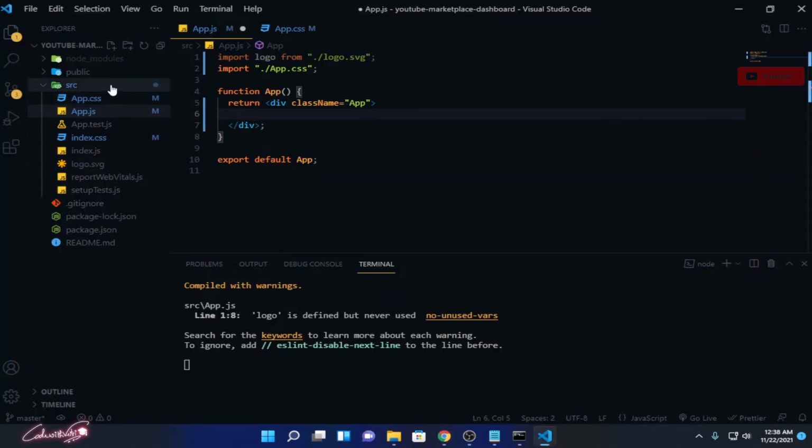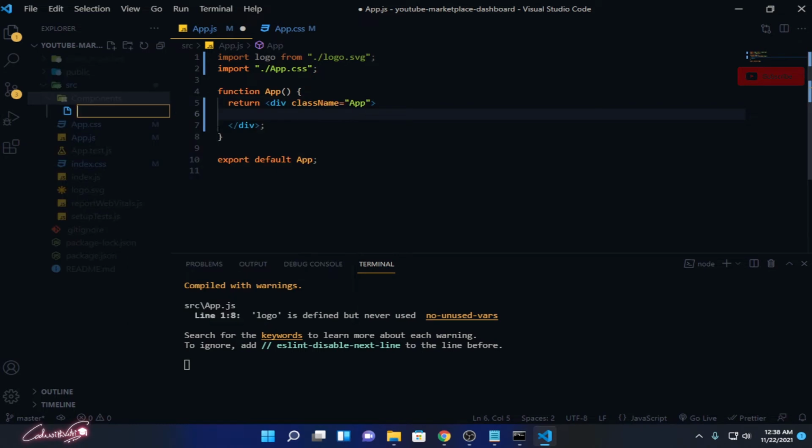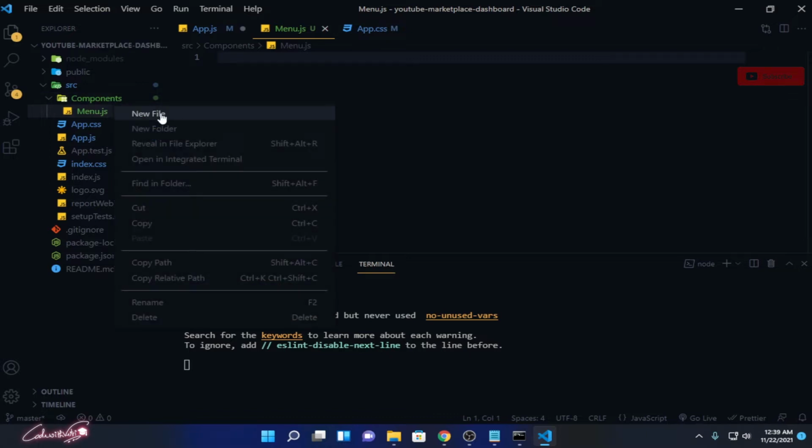So I'll create a new folder called components. Always keep the components in a separate folder, that will create an organized project so that we don't mess it up. So create a new folder, and inside this components folder I'm going to create a new file called menu.js, and the CSS which supports this file, that's going to be